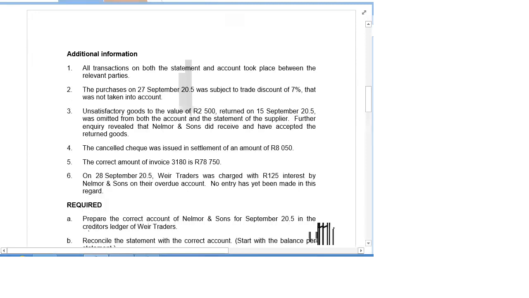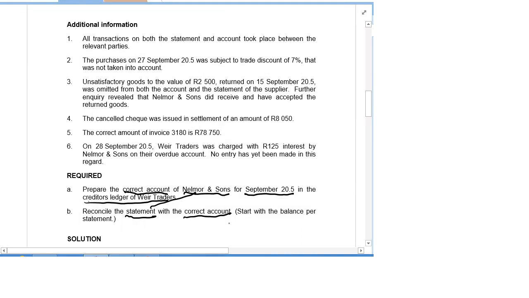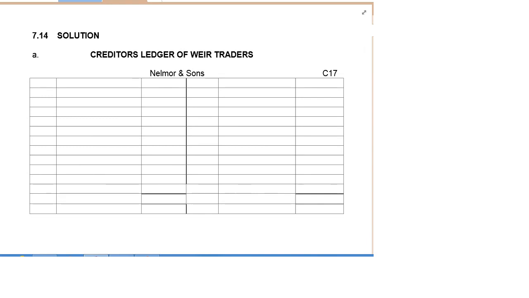In the question, we get given a whole lot of additional information, and we're told we need to prepare the correct account of Melmore and Sons in the creditors ledger of We're Traders. And we're doing that for September 20X5. And then we must reconcile the statement that we got from Melmore and Sons with this correct account that we've done in Part A. So in our solution, we have to do a creditors ledger, the account for Melmore and